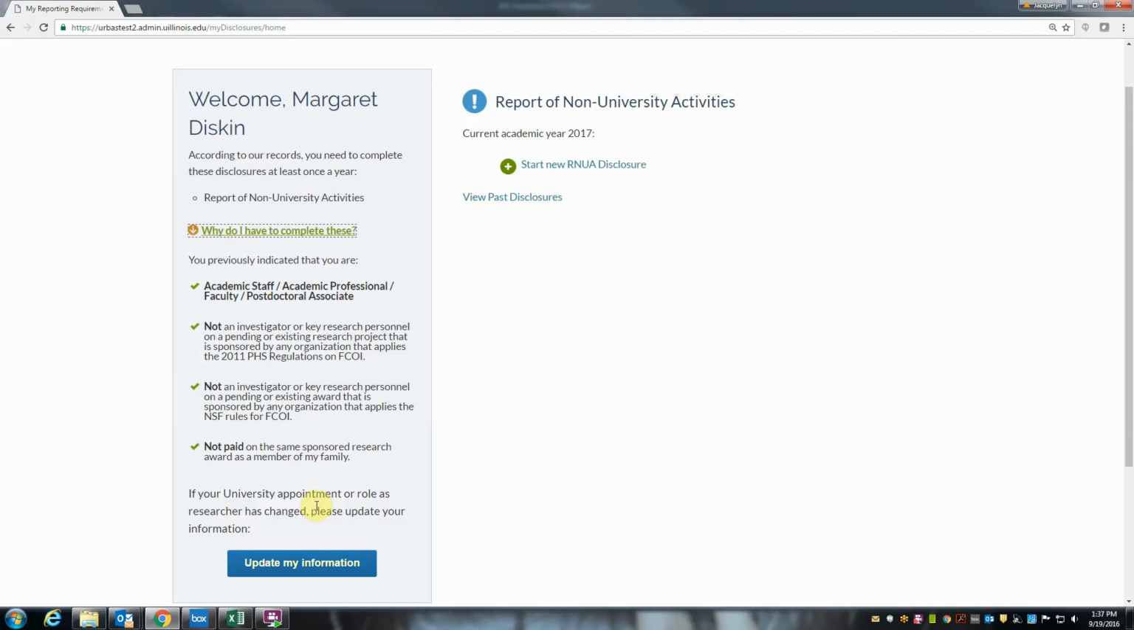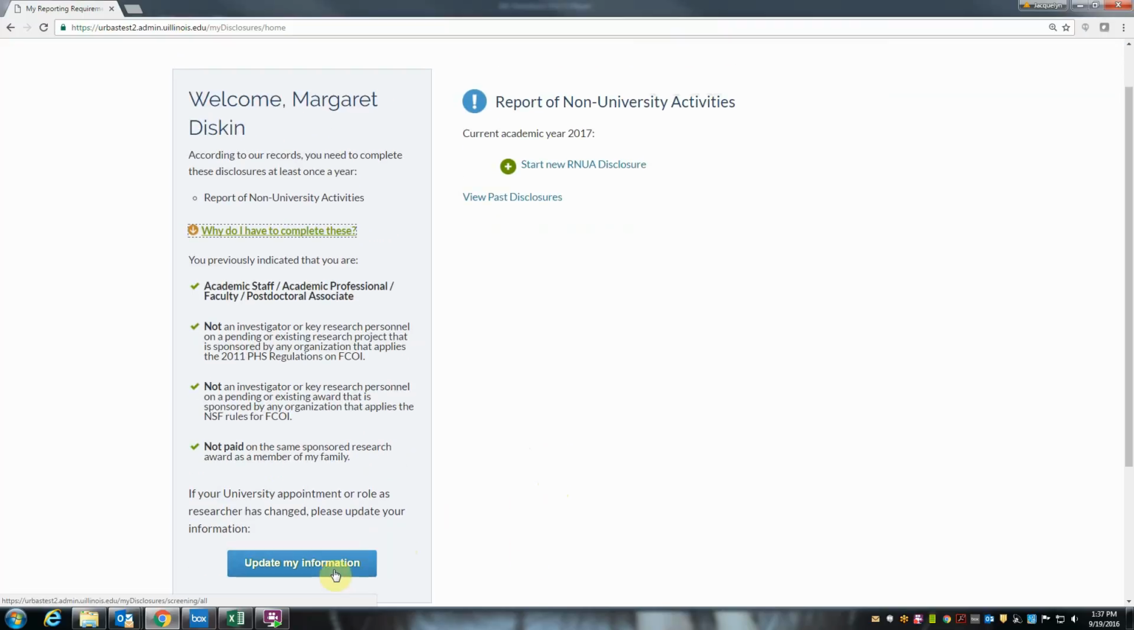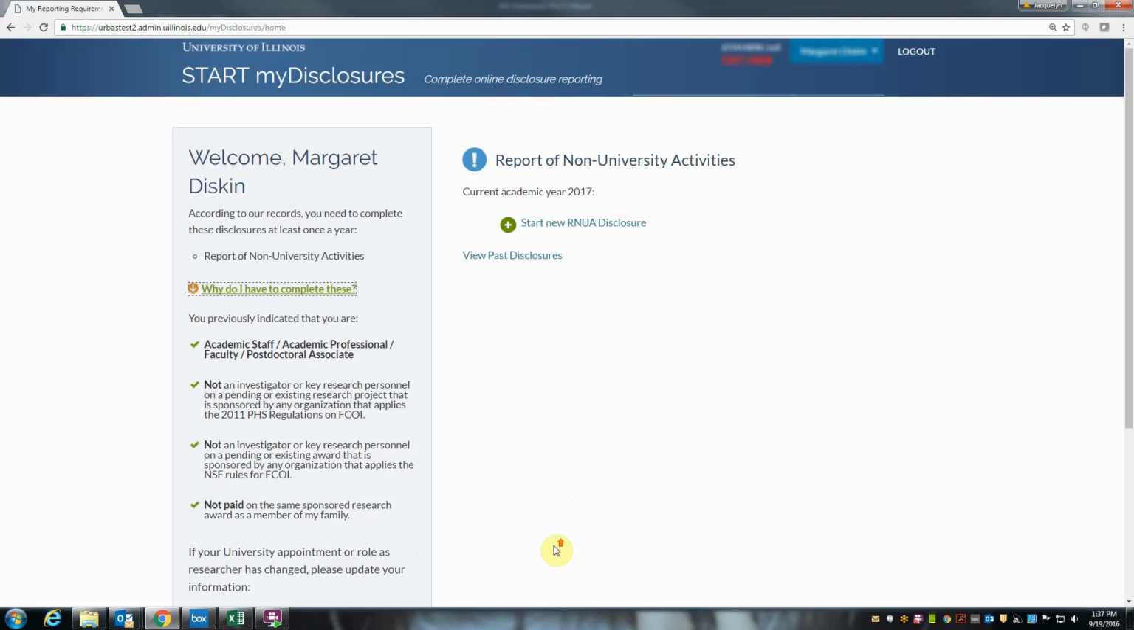If you identified with those other items, they would lead you to either sponsor-specific disclosure or telling you to submit some kind of nepotism disclosure. But for the sake of this, we are just doing the report of non-university activities. If you needed to change this, you could always click on Update My Information and then change your response to those questions. So on this screen, you can see that you have the RNUA option, and you can start your